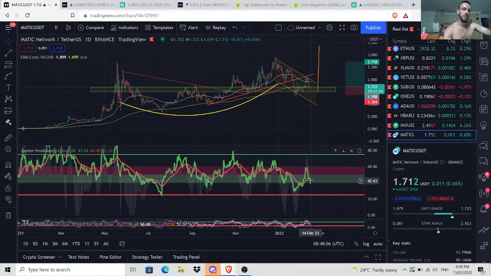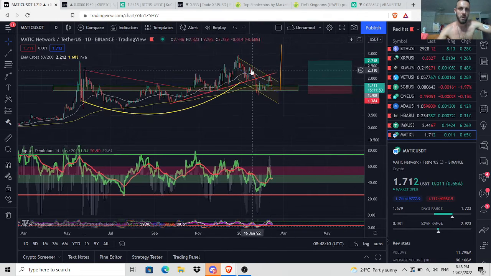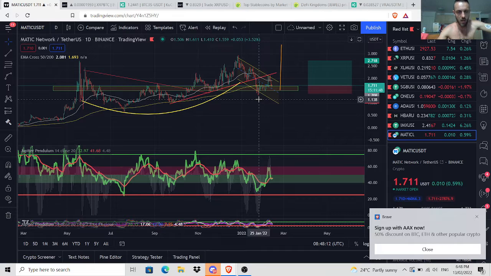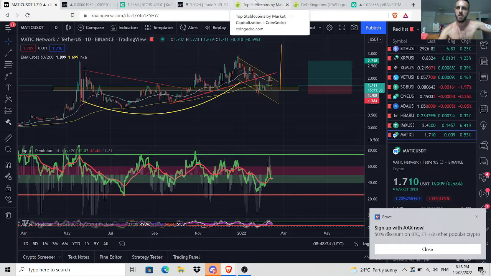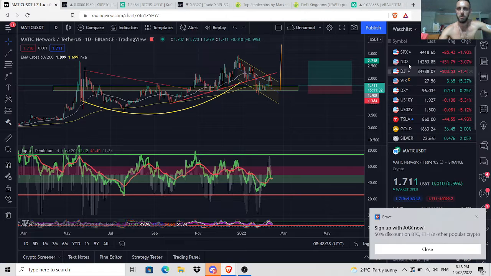Okay, we skip the consolidation, we catch the impulse. Same with the bearish move. Bearish move is the impulse, and if we skip the consolidation and get in at this double top, then we get the impulse again. Okay, there's always resistance is going to hold until it doesn't. Support's going to hold until it doesn't. So everything's a risk to reward and probabilities.